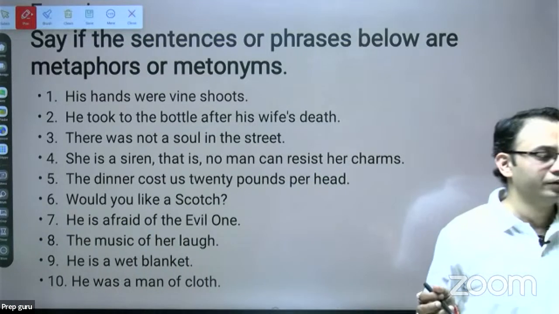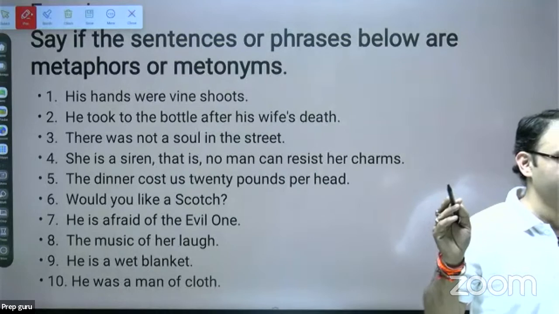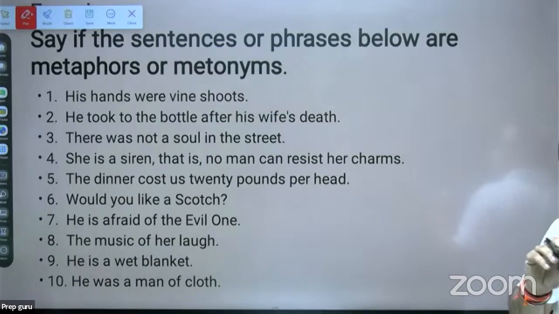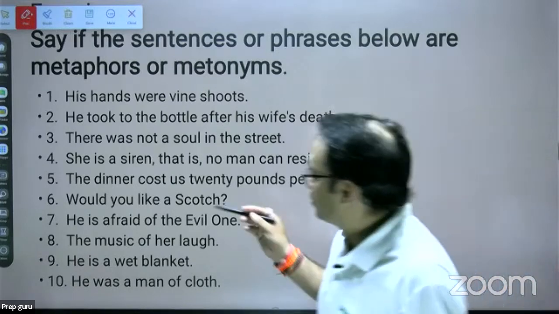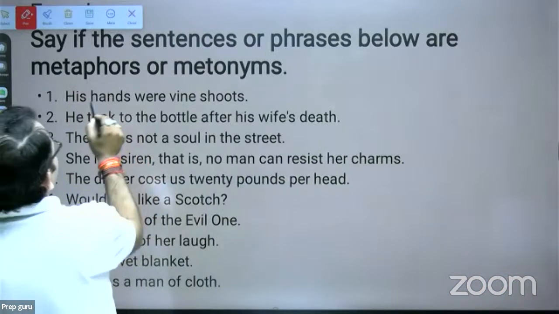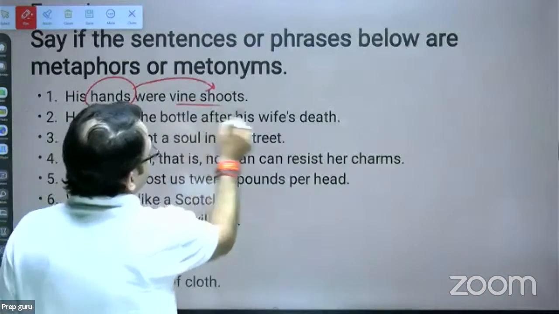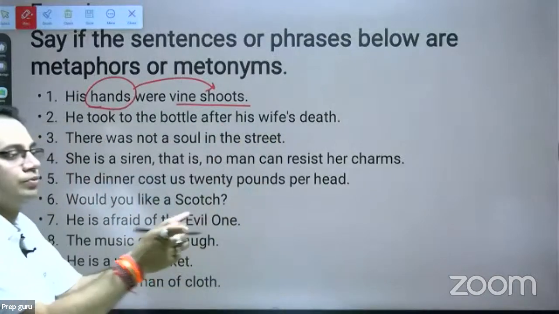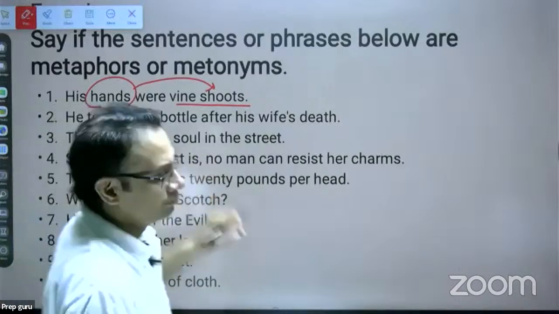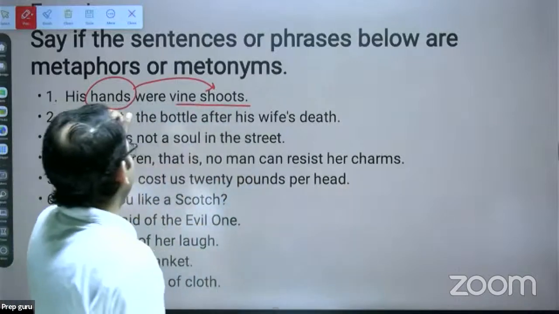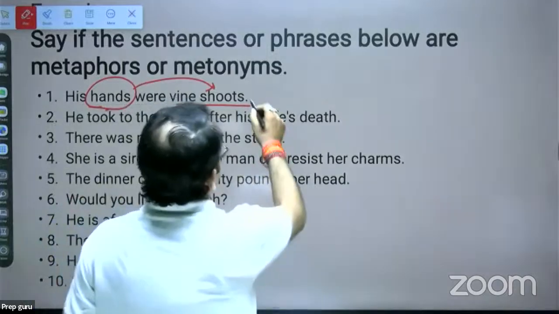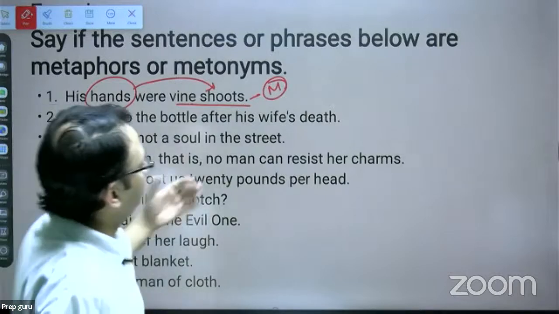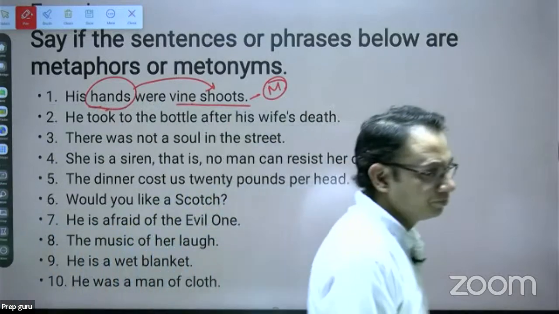अभी तक जितनी मैंने पढ़ाई है आपको, मींस द फर्स्ट बेस सिमिली मेटाफर से शुरू करना। इट इज मेटाफर। यस, वेरी गुड। मैंने सीधे सीधे उसके हैंड्स को क्या बोल दिया? वाइन शूट्स। वाइन शूट्स क्या होते हैं? आपके जो ट्री होता है उसकी जो स्टेम होती है, स्टेम्स में जो शूट्स निकले रहते हैं, ठीक है, थिन थिन शूट्स, ठीक है, उसको बोल रहे हैं। तो उसके हैंड को डायरेक्ट वाइन शूट्स बोल दिया। दिस इज व्हाट, मेटाफर। वेरी गुड। सेकंड वन, ही टुक टू द बॉटल आफ्टर हिज वाइफ्स डेथ।